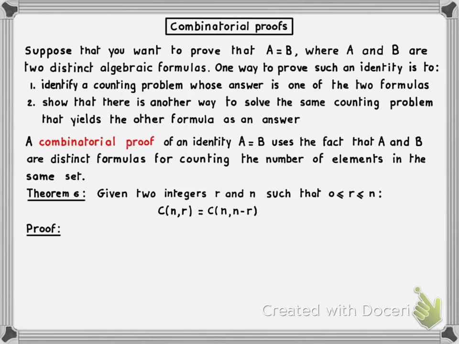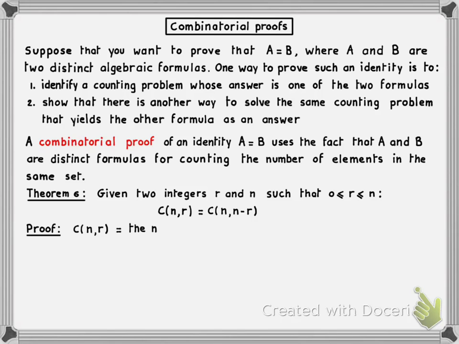So theorem 6 is an identity or an equality where this is A and this is B. And the first step in a combinatorial proof is to identify a combinatorial problem or counting problem, where one of these two formulas or expressions is clearly the answer to the counting problem. So here we're going to choose this side of the equality because this is obviously the answer to a counting problem. Remember that by definition,